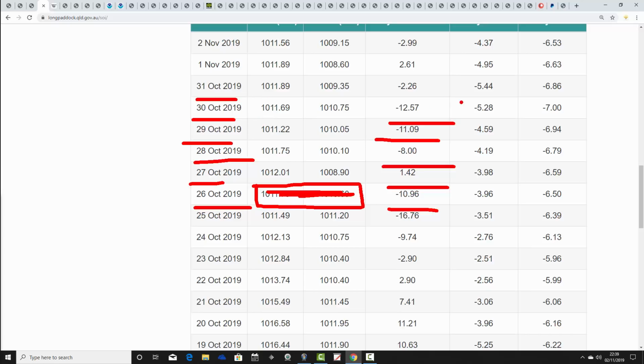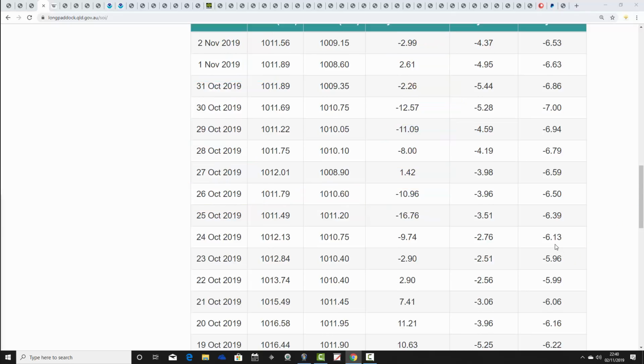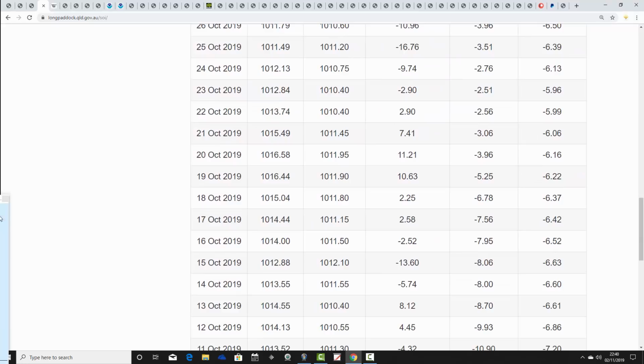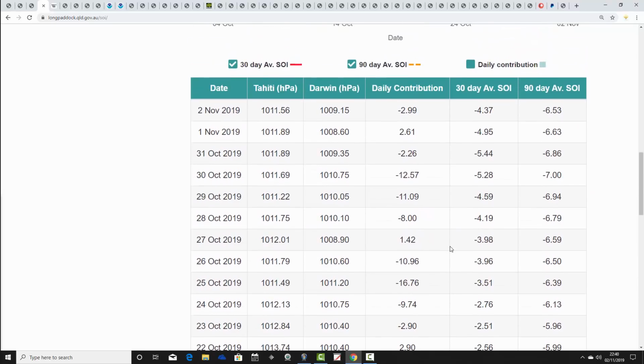29th of October we have minus 11. 30th of October we have minus 12, but the 31st of October minus 2, 1st of November plus 2, and the very latest, the 2nd of November, coming out at minus 2 again. If we go back before that, we did get some very positive numbers on the 19th and the 20th of October, plus 10 and plus 11. So we're exchanging positive and negative numbers, albeit probably still a little bit on the negative side, and this again would tie in with being at